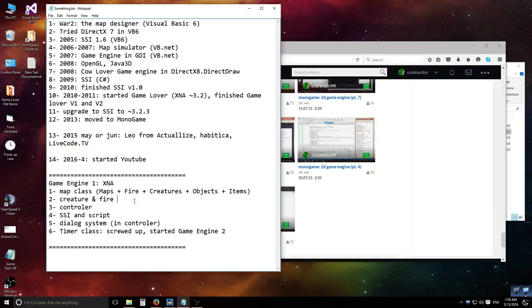And of course I made the creature class, which consists of players and AI. The AI is almost like empty code in there. And I made a controller which represents the player. I tried to make a network class and inherit the controller with a network object, a network class that's supported by XNA, but I couldn't figure it out that much,